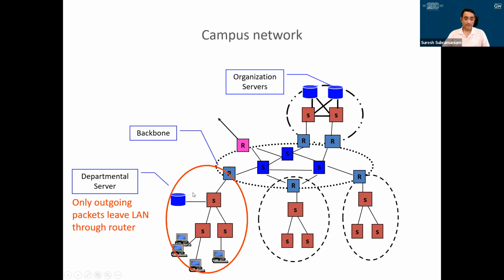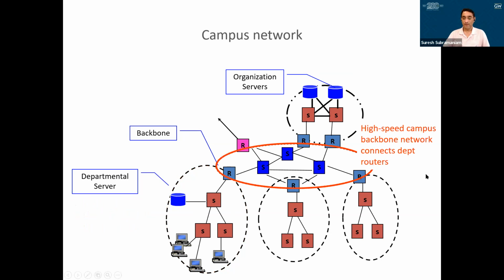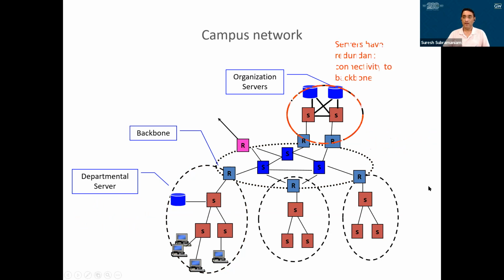So here, this is a local area network. I talked about this last time. There are some special kinds of networks called local area networks, which use somewhat different technologies than the technologies that are used in the backbone network. So the packets that are going from one computer to another computer here do not appear in the backbone network. They are completely routed locally. Only the outgoing packets leave the local area network through this router. And we already saw this high-speed campus backbone network connects department routers, and